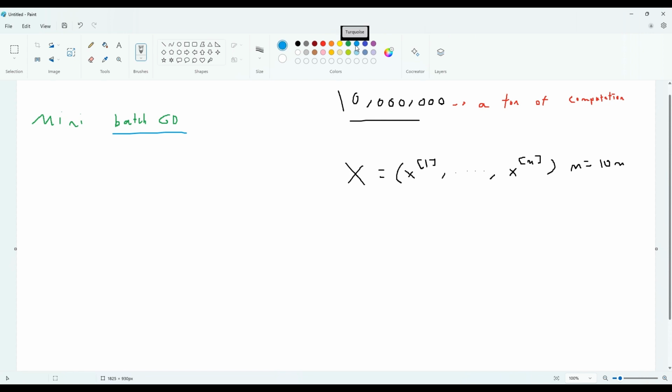And your capital Y is obviously the same thing, right? It goes from Y1 to YM, and that is also 10 million, obviously. Now this is way too much. But what batch gradient descent means is you just take everything here, take all of this, and you feed it into your neural network. Now, if you want to take a guess what mini batch gradient descent is,